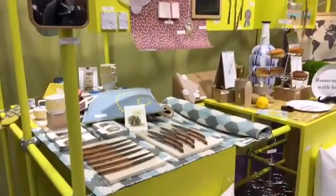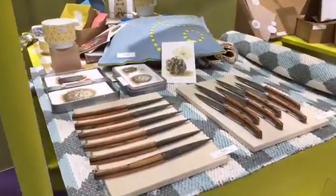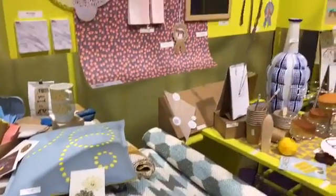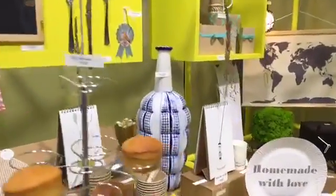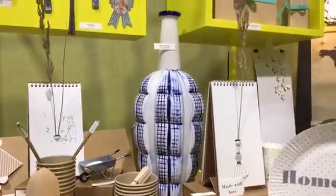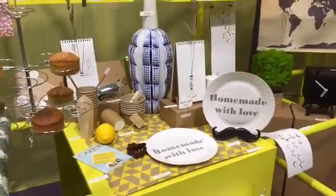I wouldn't necessarily put all of this in the same room, but they had to do it to show the trend. However, for my more simplistic approach, I would pull out maybe this vase here in the corner and put it on a very modern wooden bookshelf and then surround it with some plants and just keep it really simple. So less but better. It's a very, very full area, but the idea of this space, picking those one or two accents to put into a space is what you...